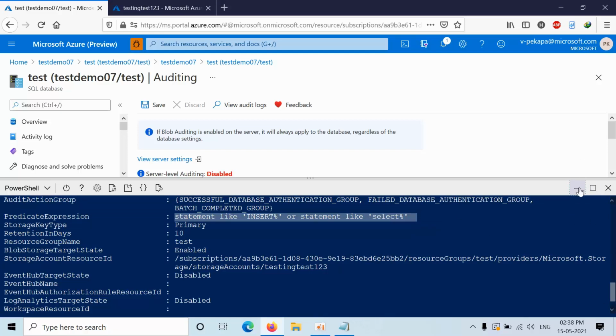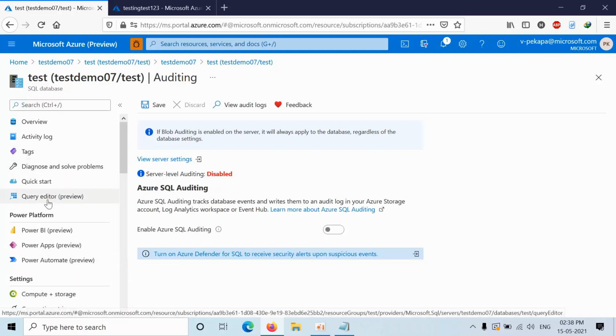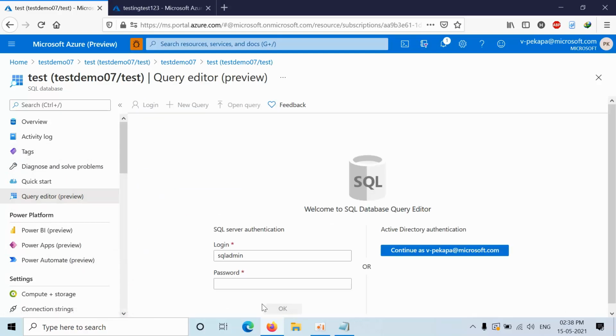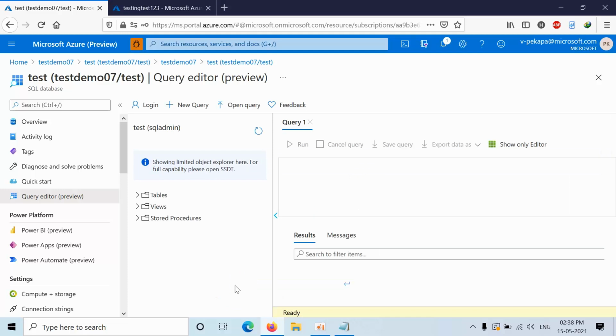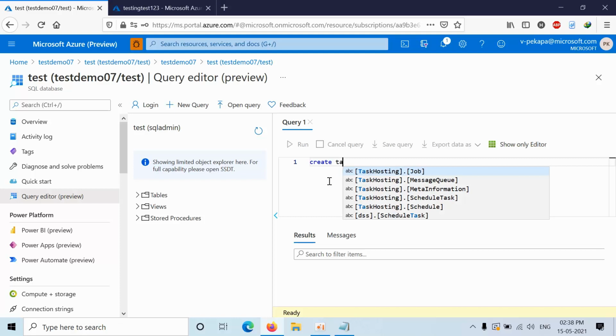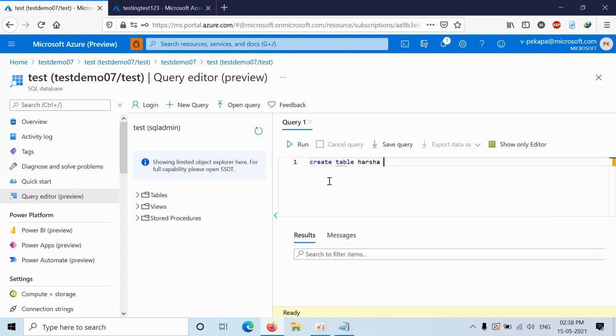Let's do that practically. Go to the query editor and connect. Create a statement: create table Harsha with an ID int.